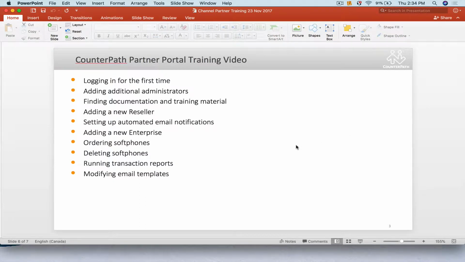Hello. The topic of today's training video is the CounterPath Partner Portal. The topics I'm going to be covering are logging in for the first time, adding additional administrators, locating documentation